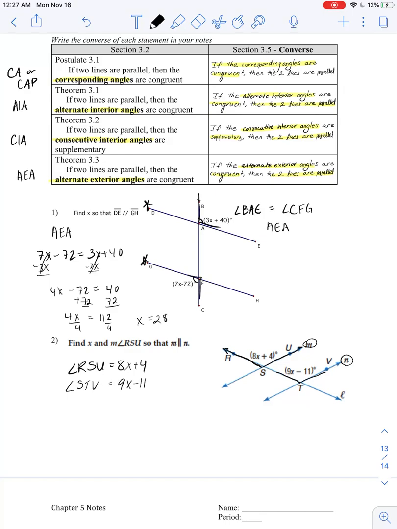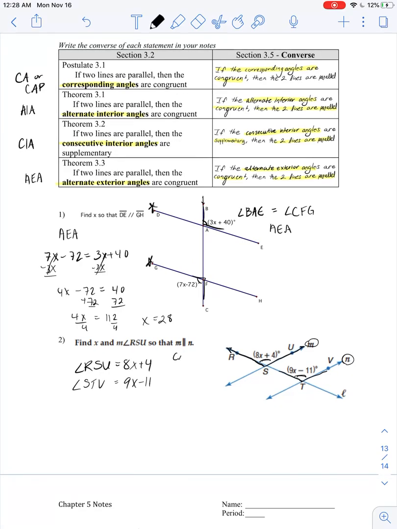And for angle STV, we are given 9x minus 11. These are corresponding angles. If we set these two angles equal to each other, then we'll get corresponding angles that are congruent, which will tell us that the two lines are parallel. So if we set these equal, solve for x,